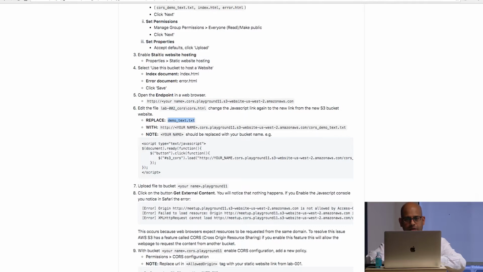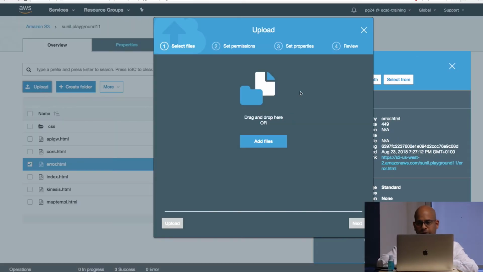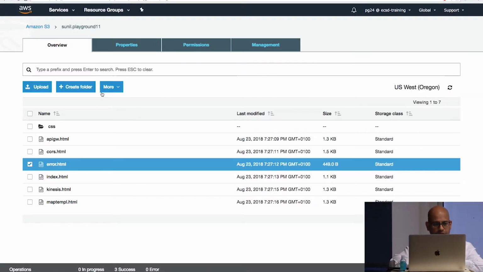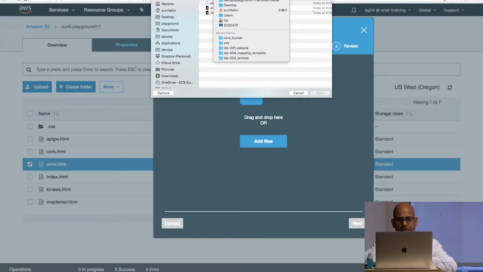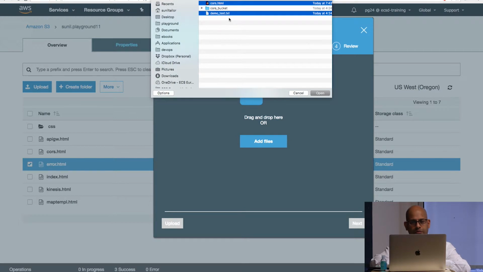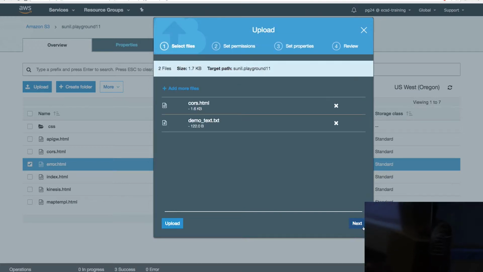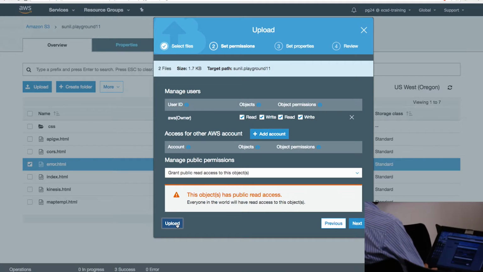So if I go into my playground folder, then I'm going to upload. Let me get rid of all that junk. And so the file that I just created, it's on my desktop, that's the one I just edited. And I want to upload these two files, demo.txt and cors.txt. And then I do next, and then I do grant public read access. Now if I upload,